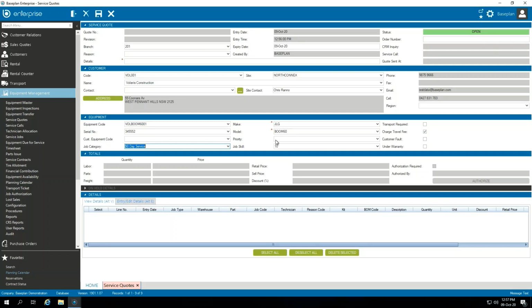We can also update things like the priority, whether it's under warranty, or whether transport is required, various flags that we might want to tick. The final step here is to update the details of what we're doing. So we can call this a 90-day service, 60-foot boom. And if I hit save,